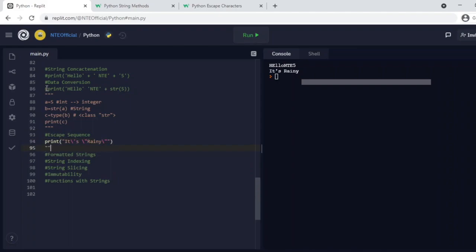We'll open a multi-line comment. Inside that, let's start with the first one. We saw backslash quote, which returns us with a single quote. Then we saw backslash double quote, which returns us with a double quote. Now let's see the next one. The next one is